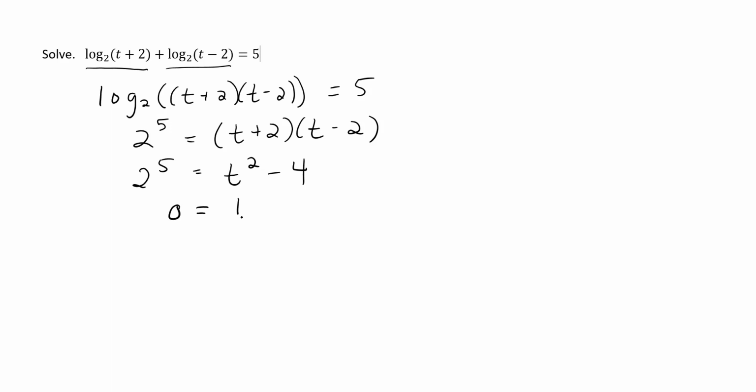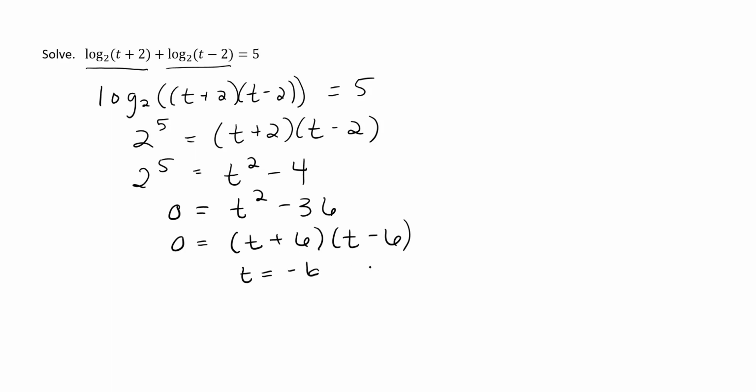So I'll have a 0 on the left, and negative 4 minus 32 will be negative 36. At this point, I can factor the right side to t plus 6, t minus 6. I can then set each factor equal to 0, and I'll have t equals negative 6 and t equals positive